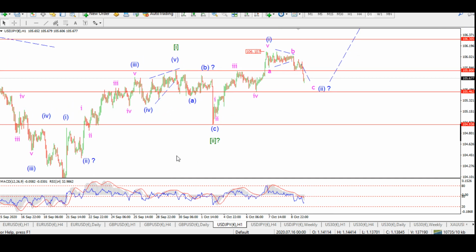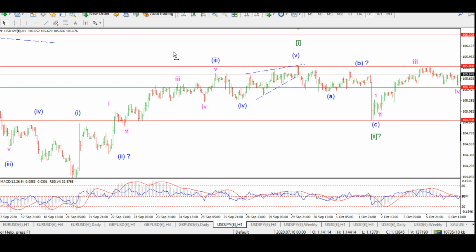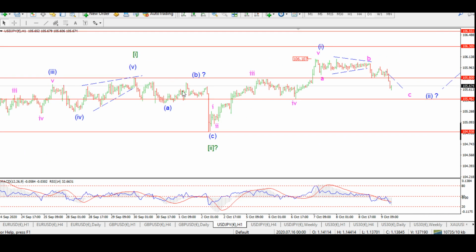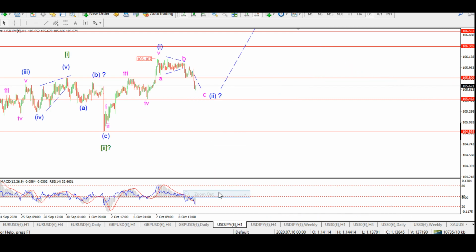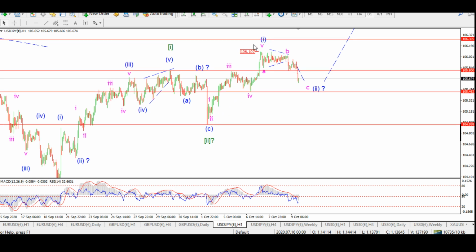And now what I'm tracking is a series of 1-2 rallies actually. So we've got 5 waves up in wave 1 green, A, B, C down. I'll actually zoom out, or should I? No, it's not going to allow me to zoom out. Zoom out there. Now, wave 1 green, wave 2 in green, and that traced out a clear 3-wave move lower. Freudian slip there. And then 5 waves up in wave 1 in blue, and what's happening now is 3 waves down in wave